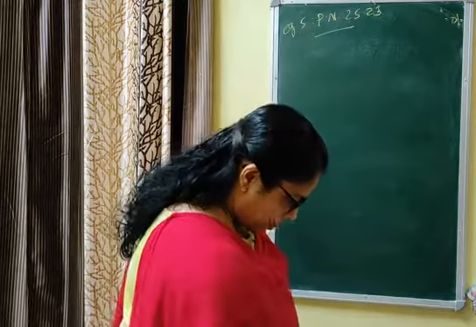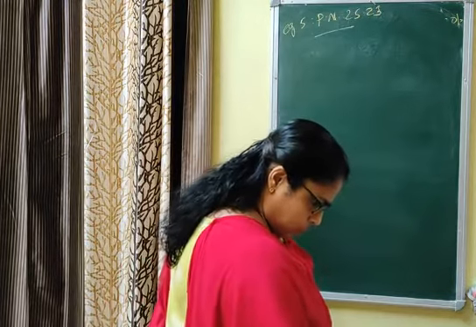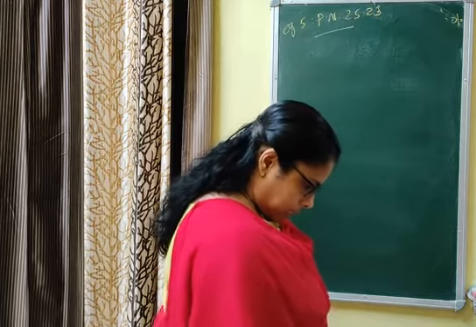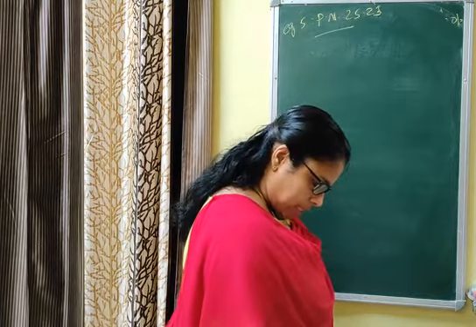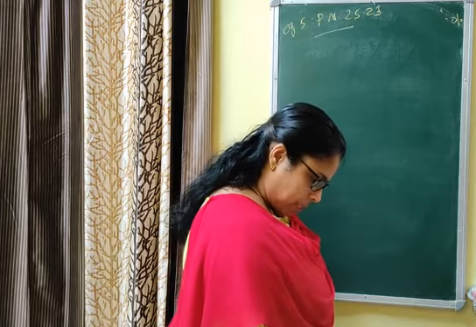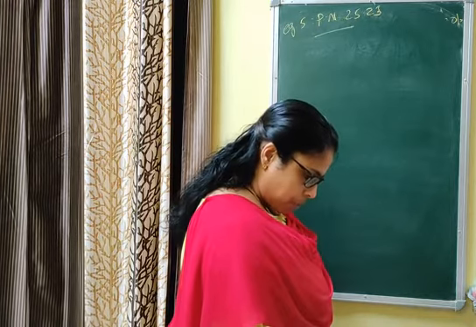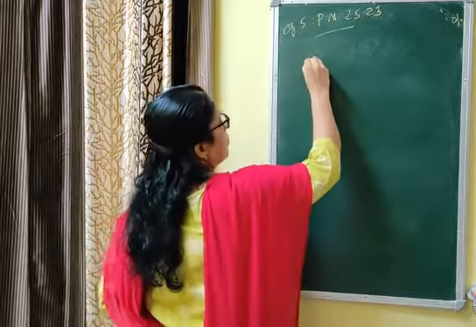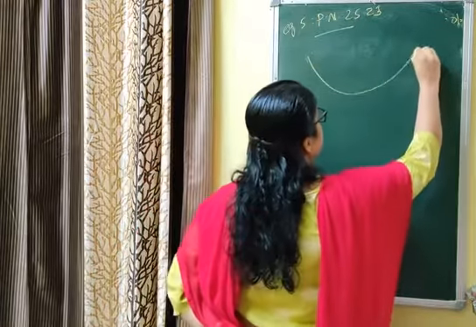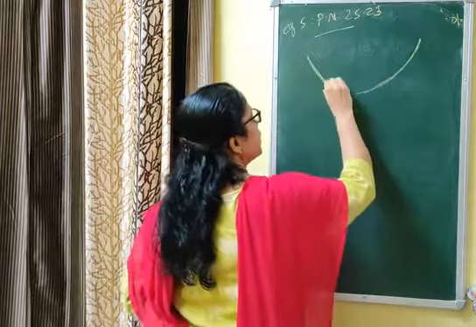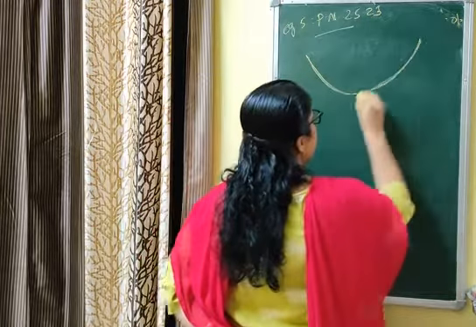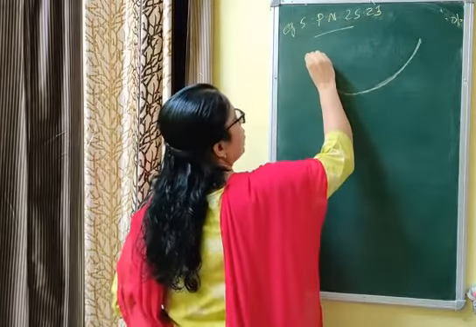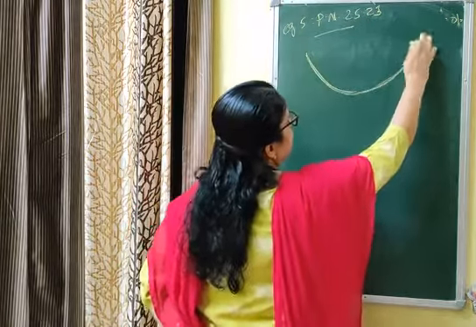A beam is supported at its ends by supports which are 12 meters apart. Since the load is connected at its center, there is a deflection of 3 centimeters at the center and the deflected beam is in the shape of a parabola. How far from the center is the deflection 1 centimeter? There is a beam, and this beam got deflected by hanging some weight at its center. The deflected beam is in the shape of a parabola. पैराबोला के शेप में है.